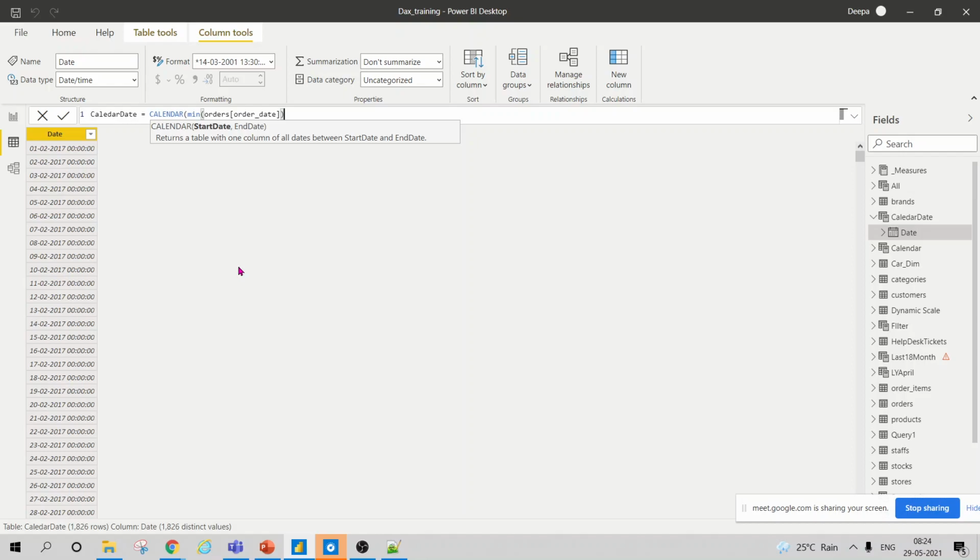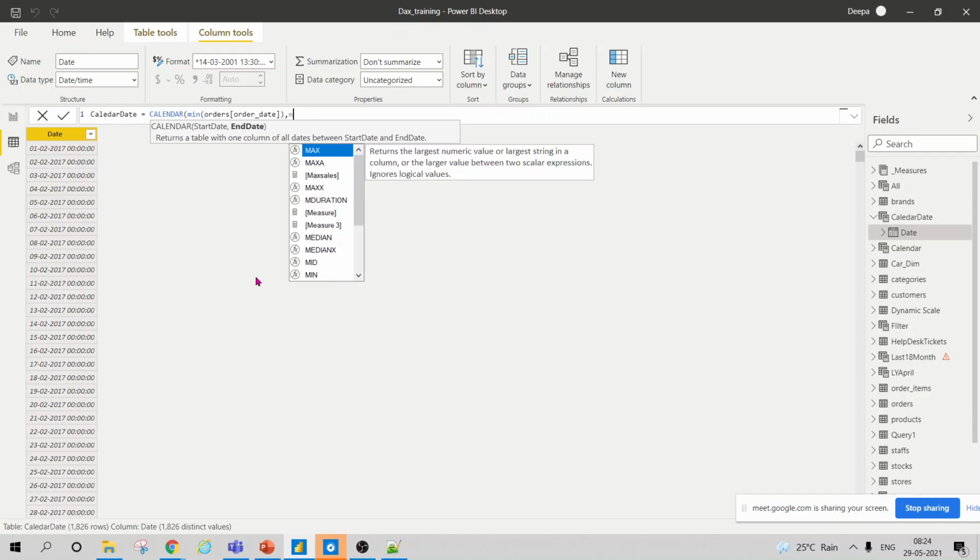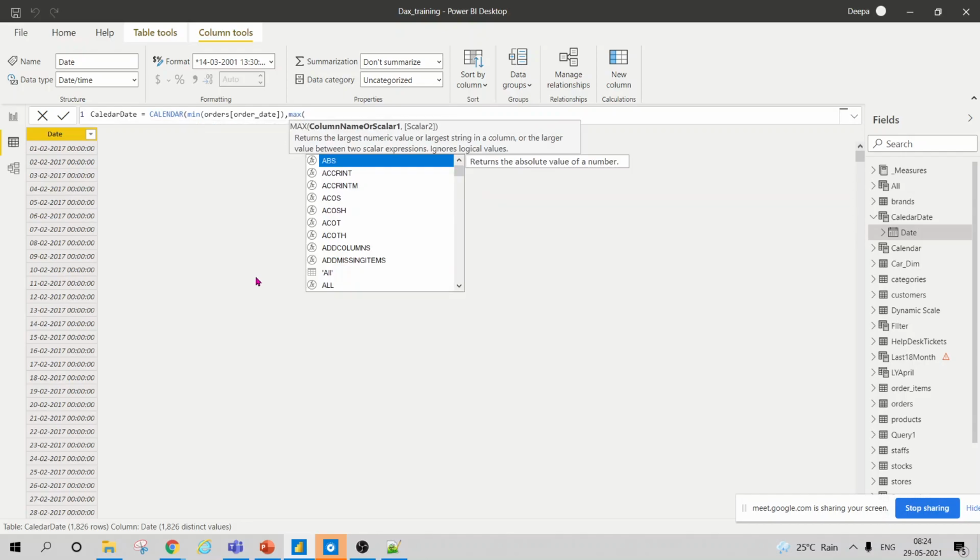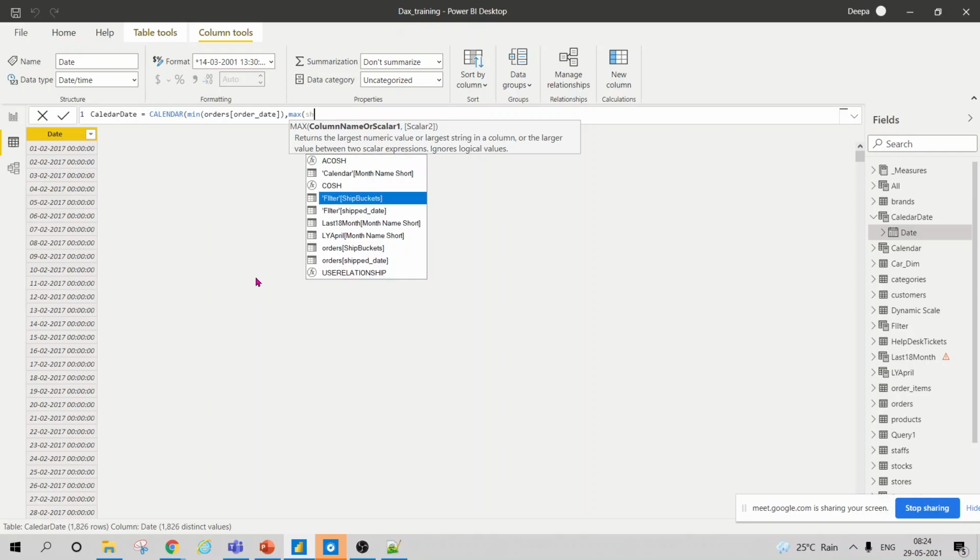I got this. Now what should be my end date? I can take the MAX of my shipment date. So let's check the MAX of my. There is no ship date column, so I'll take the order date only.